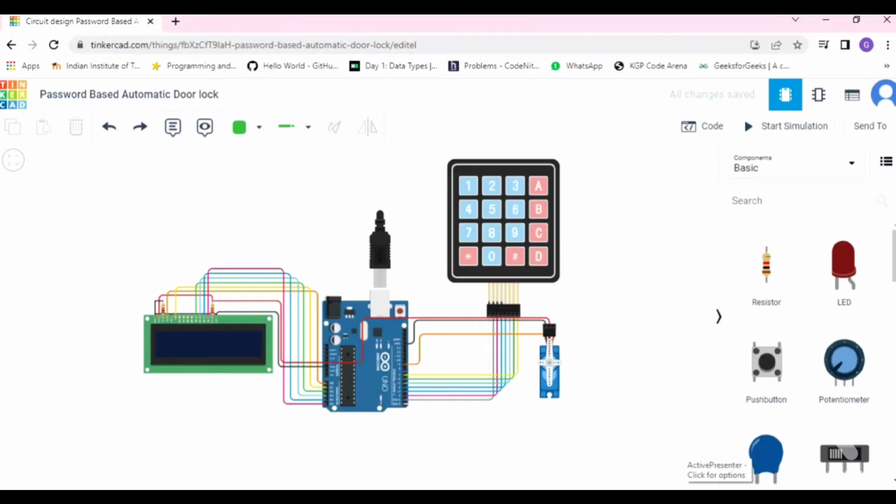Hello everyone, my name is Vikyat and I am from section 12. My roll number is 21CS10028. Today I will be presenting my second DIY assignment in which I have created the password based automatic door